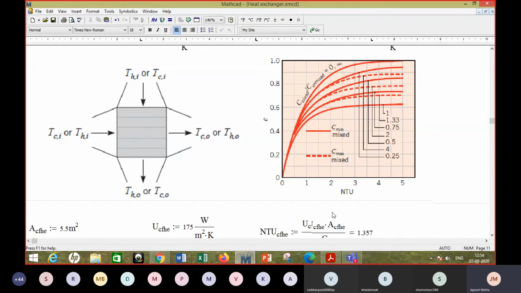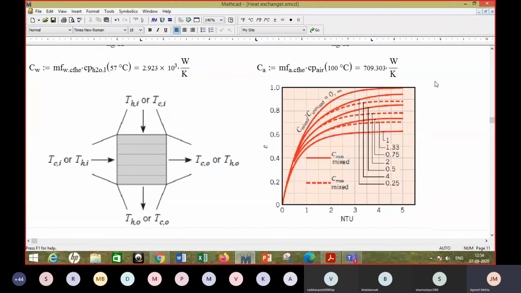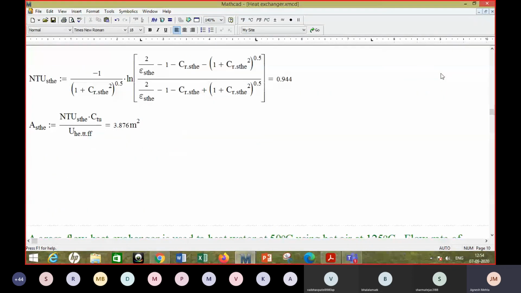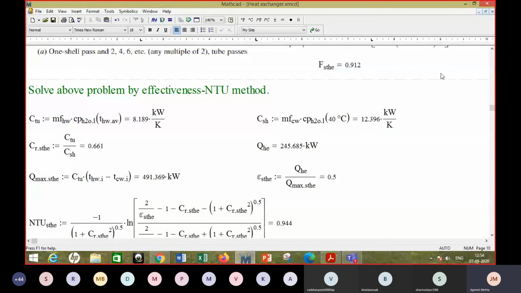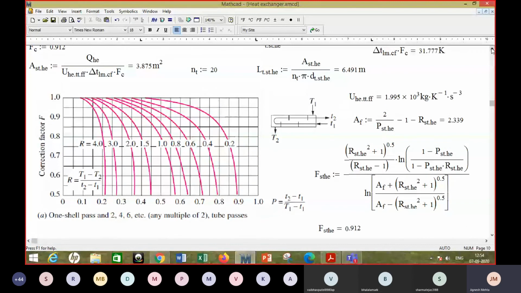So that way also the choice may be governed mainly by the convenience between cross flow heat exchanger and counter flow heat exchanger. Okay. Many times a problem which can be solved by the LMTD method can also be solved by the NTU method. Okay, so I'll just show you the problem that we had solved for the counter flow heat exchanger and then the shell and tube type of heat exchanger, right?